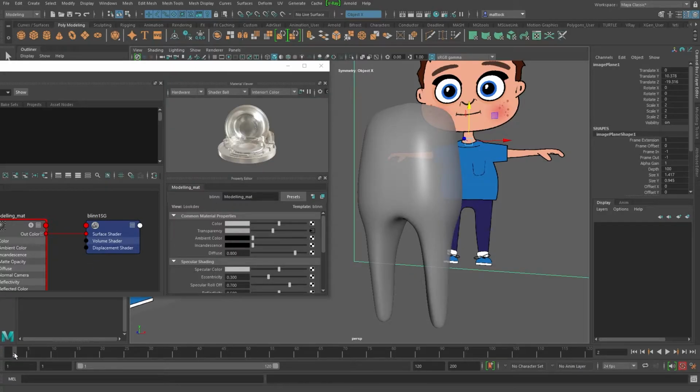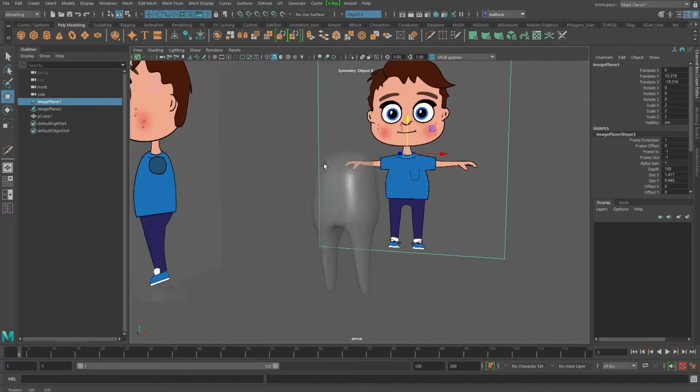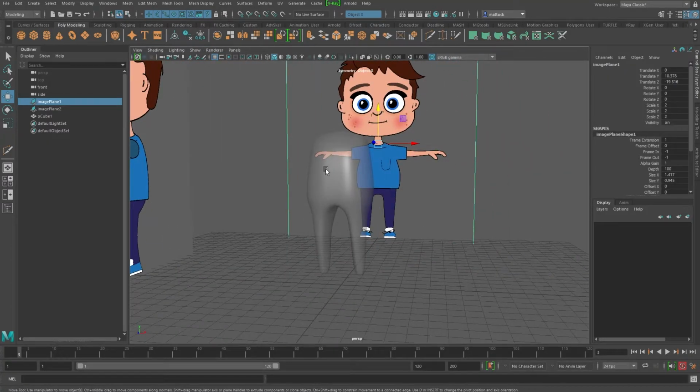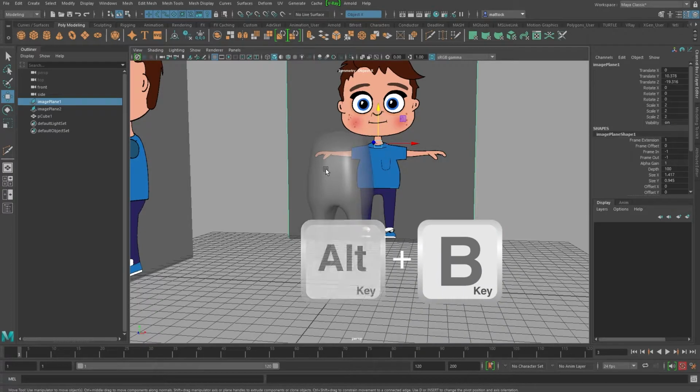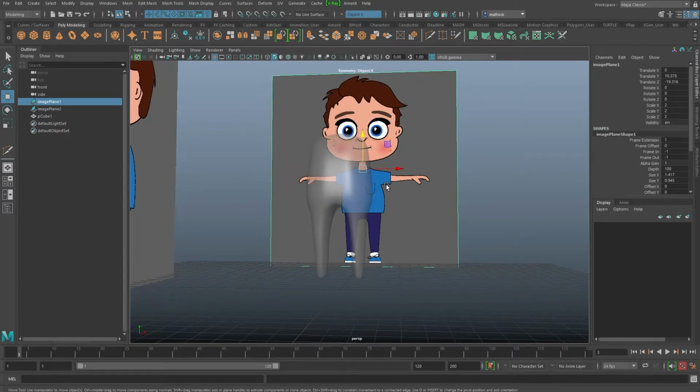So let's go to frame 3 and take the transparency down even more, to right down here, and click set key. And I'm going to move this over here out the way now. Let me just turn my grid back on, and I'm also going to hit Alt B. Alt B is a good way of changing your background color. I like to work in grey, but I just want to show you this. It's Alt and B.